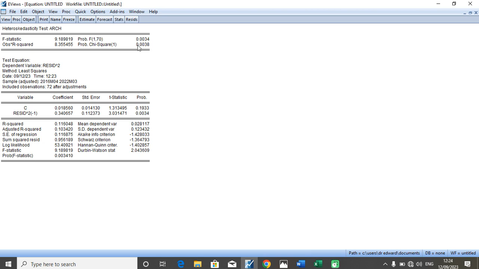But what we have here is that the p-values of both the F-statistic and the Observed R-squared are less than 5%. So given this condition, we conclude that there is evidence of heteroskedasticity in this variable, which is the main reason why we are on the ARCH model. We are desirous of having this result. We are happy because the ARCH model requires the variable under consideration to be heteroskedastic and not homoskedastic. So given this condition, we will now proceed to estimate an ARCH